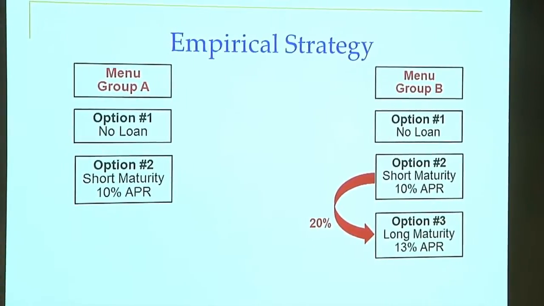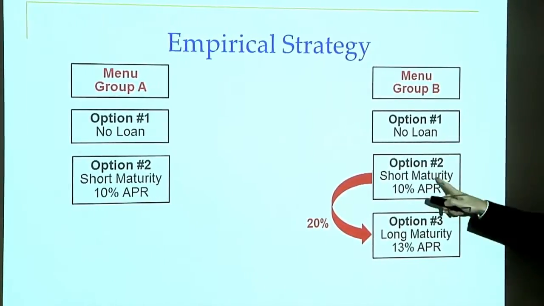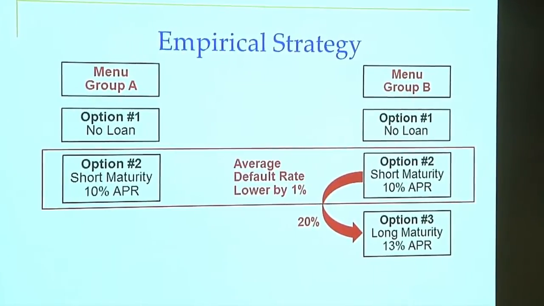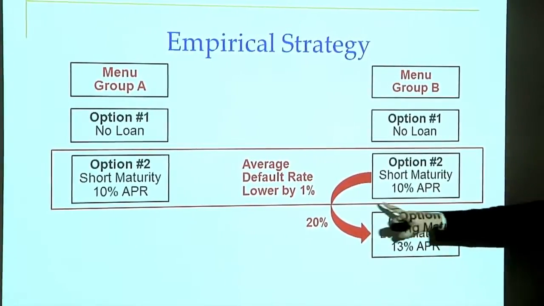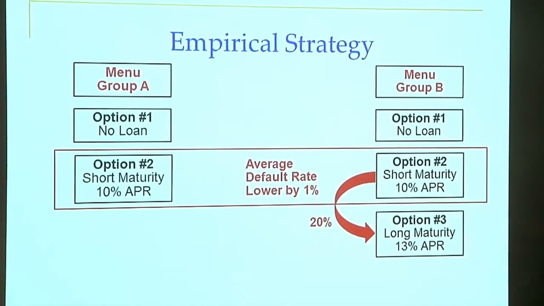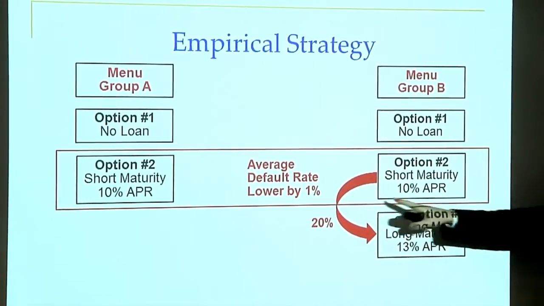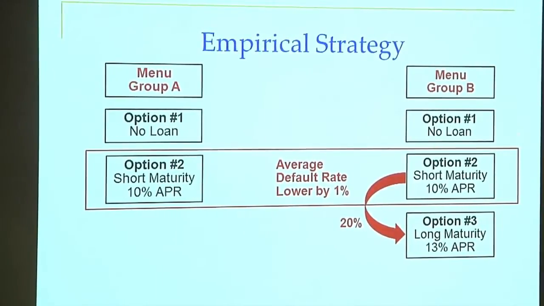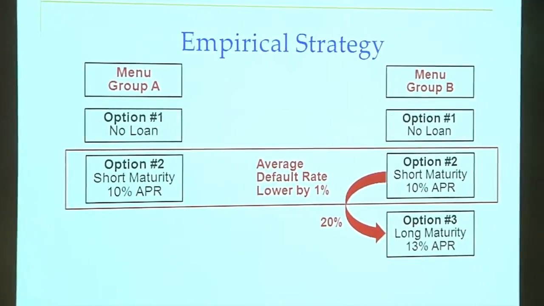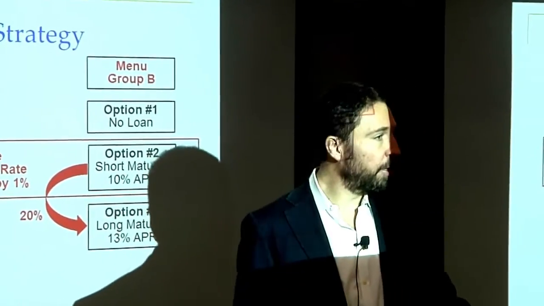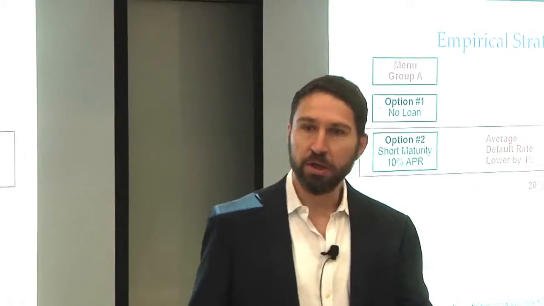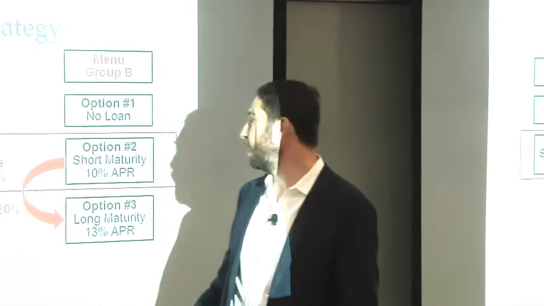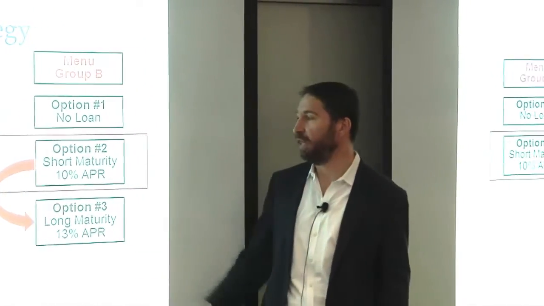And so the second question is: is it the best or the worst? Is it the high credit risk borrowers or the low credit risk ones? Well, we see that the average default rate drops in this group by about 1%. It's about 1% lower than prior to the change, when you could only take the short maturity option. So it's got to be that the worst borrowers decided to move on and take the long maturity loan rather than the short maturity option when they had both